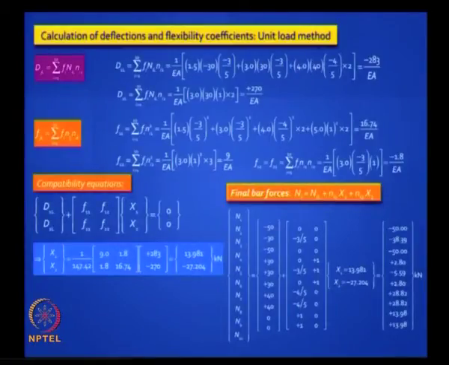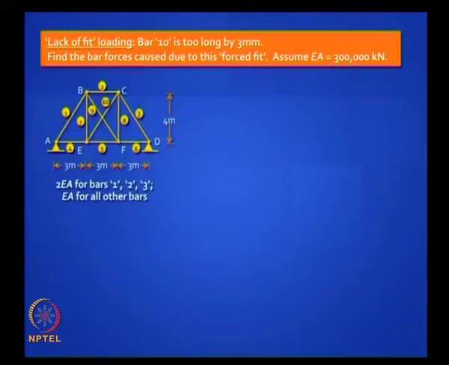Now it is interesting to note that some of those bar forces will be positive and some will be negative, you must be able to judge correctly. For example, in that particular loading you would expect the bottom chord to be in tension, the top chords to be in compression, and the verticals and diagonals appropriately you should figure out.